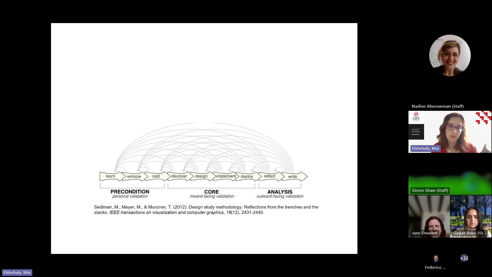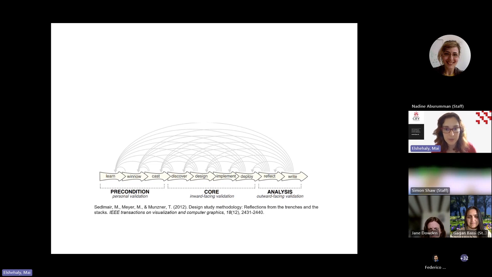Now, one might say that this was a long time ago, the 1980s is a long time ago, but surprisingly, this very confined definition has had a real impact on the way we've approached application-driven visualization research over the years. This is a figure from what we call the gold standard methodology in visualization research, which is the design study methodology. Whenever I have a postgraduate researcher joining me for the first time, they want to do visualization research, whether it's for their master's or for PhD.